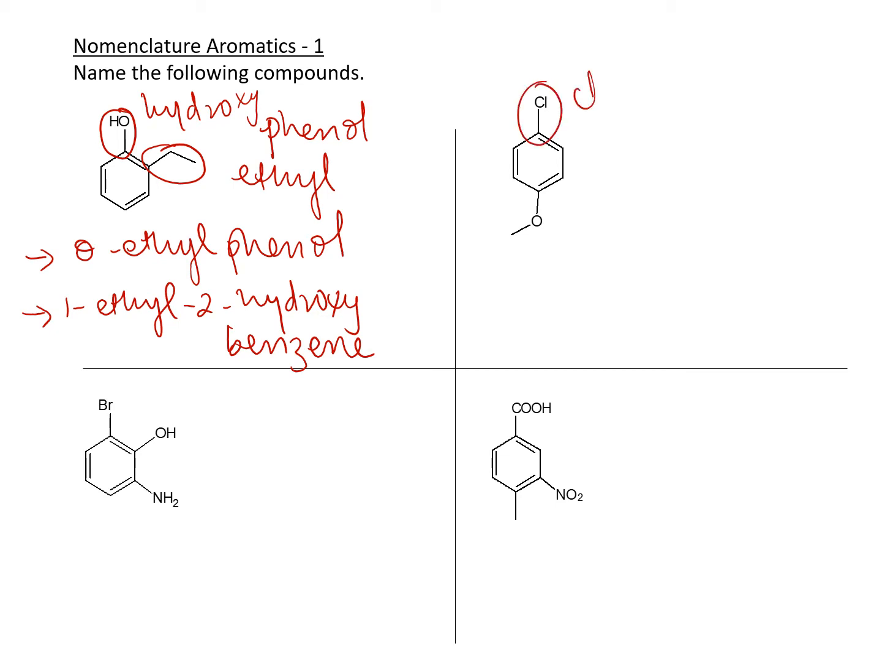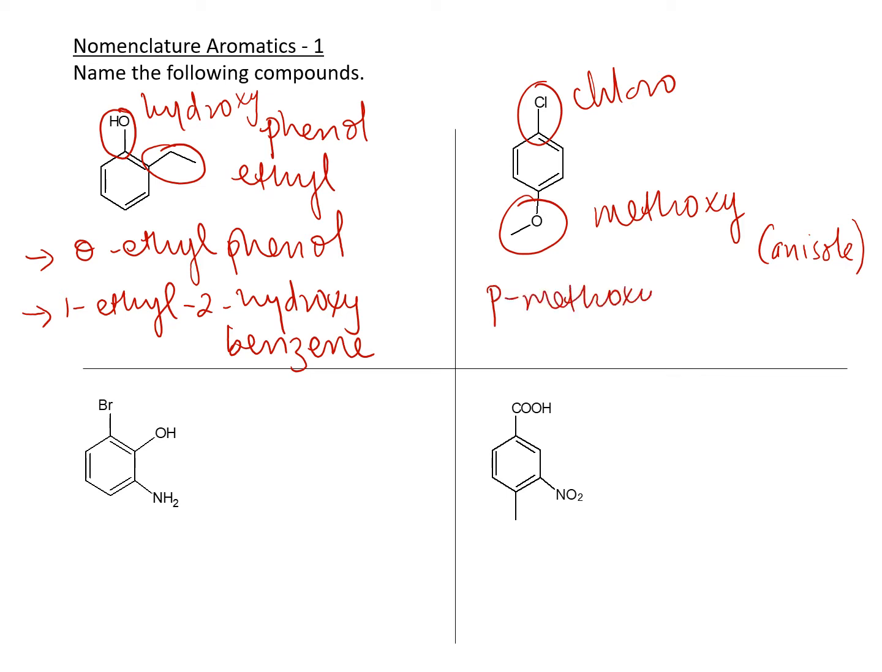And here we have chloro, and here is a methoxy. The relationship here is going to be para because it's completely opposite each other. So methoxy, we can leave it like that. Otherwise, the methoxybenzene is also called anisole. And anisole is kind of a little hard to remember, so you can just leave it as methoxy if you wish to. So we can say this is para-methoxy-chloro